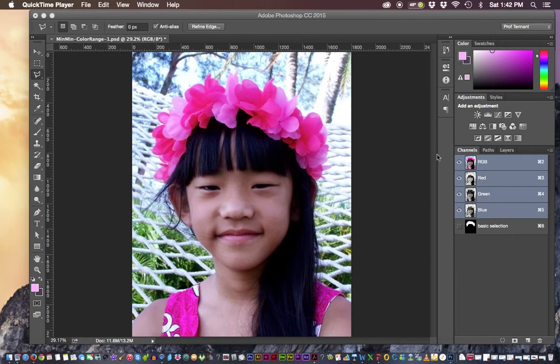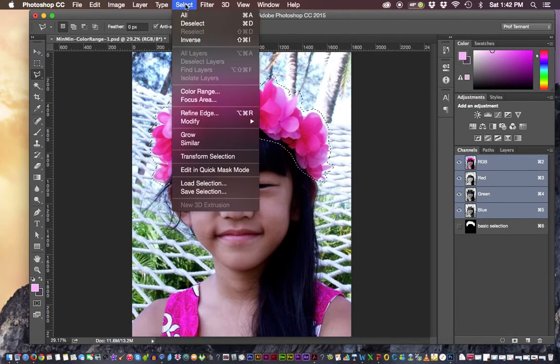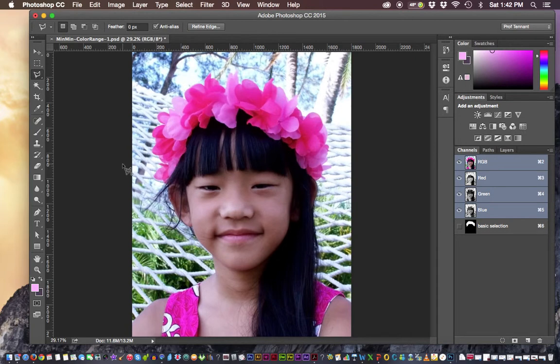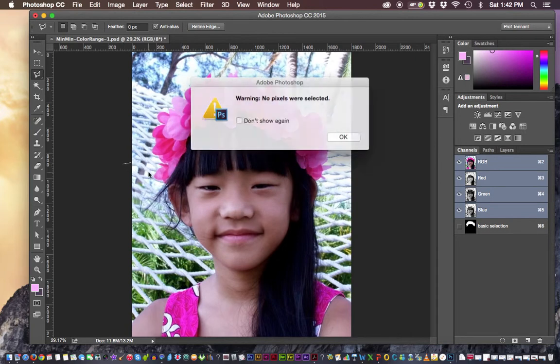First of all, we've got a basic selection saved as a channel, and to get that back, if you've clicked away from it or deselected, one of the ways you can get the selection back is to go under the Select drop-down menu and load the selection. Okay, so if I accidentally